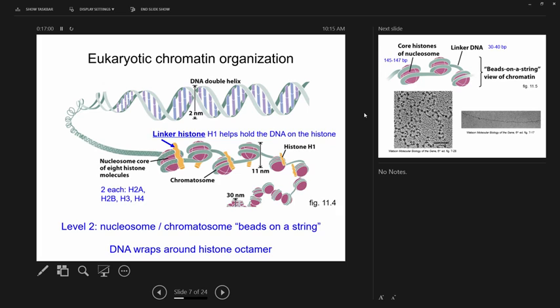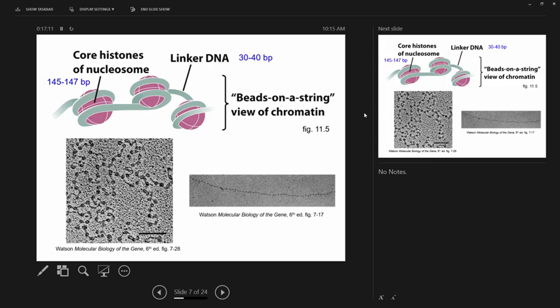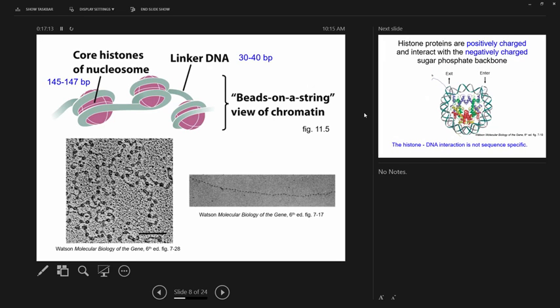That's going to come in later. They show it together here, but really it's adding this histone that gets you up to the higher level of organization, which we're not talking about yet. All right, so about